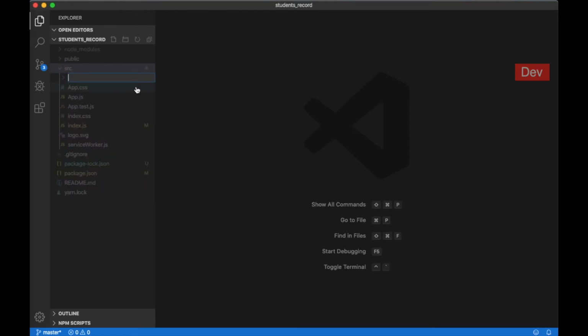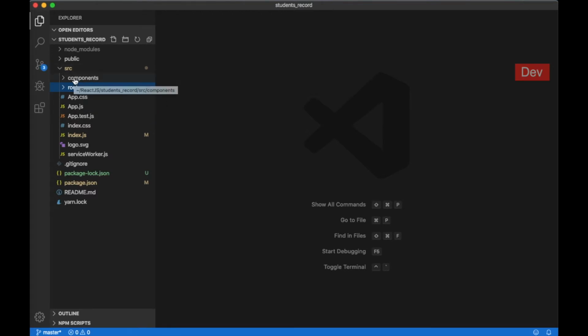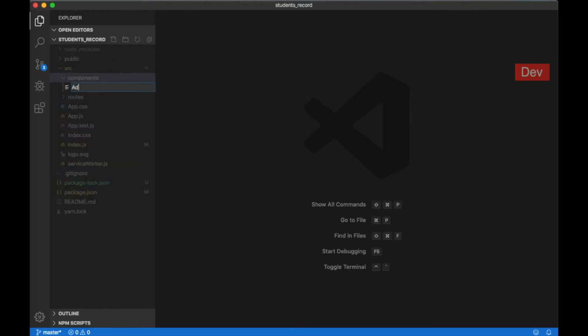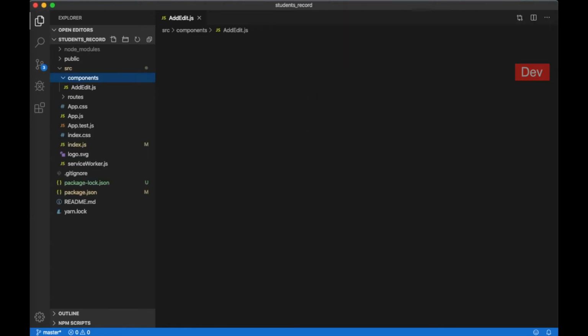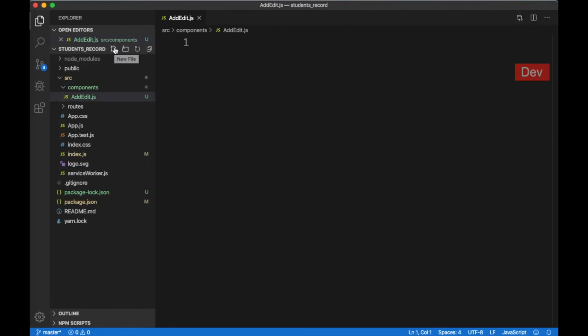So let me create a folder for components. Also create a folder for routes. This is where the router specification is going to be placed. So let's create a couple of components, then we'll get into it. So the usual components are add edit.js and view all.js,